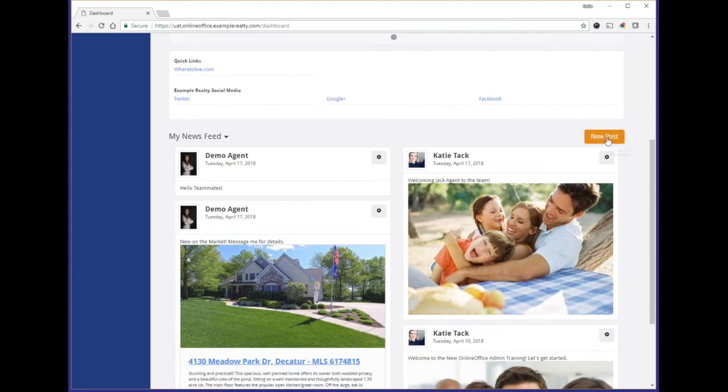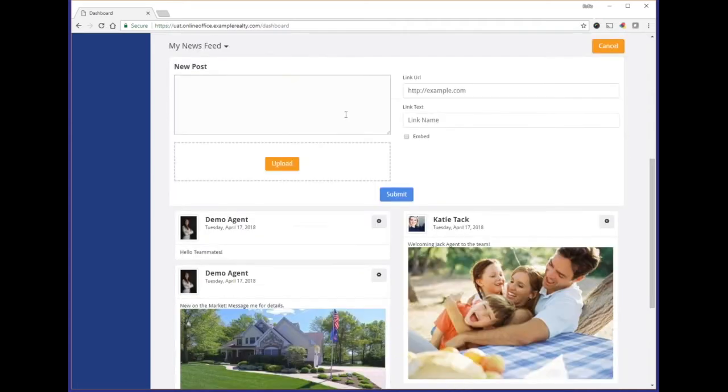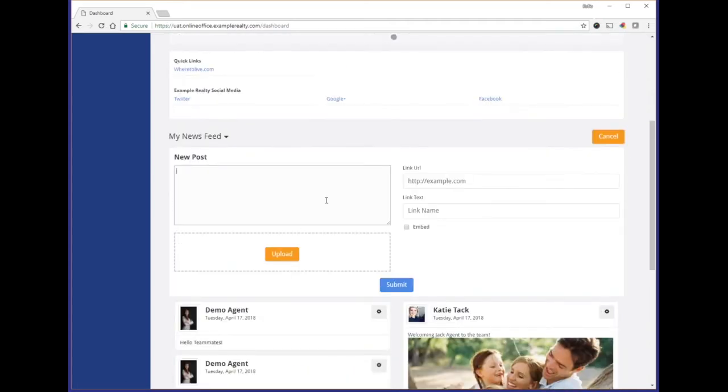Let's talk about how we actually post. So over on the right side, you'll see an orange button for new post. I'll click into this and you'll see that I'm given a few options. So first of all, I can add the actual content of my post. I might want to say, good morning, everyone. Now from here, I can also upload an image or a graphic to supplement what I'm talking about,